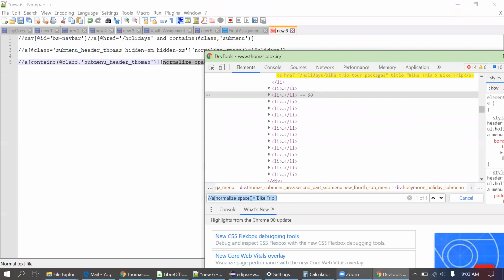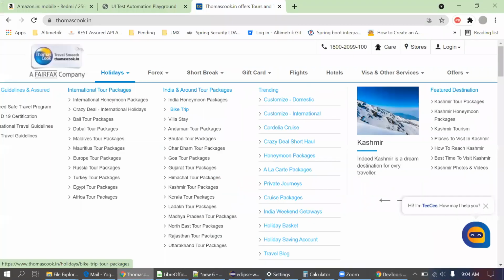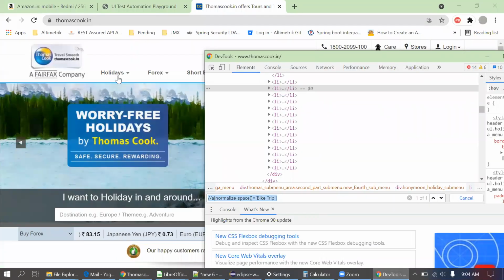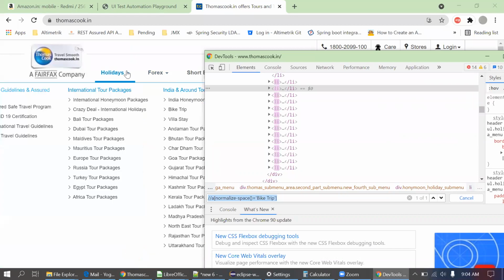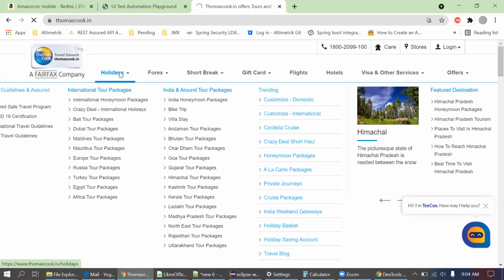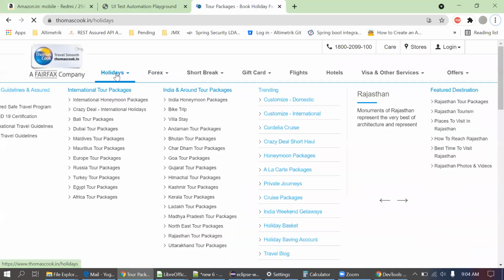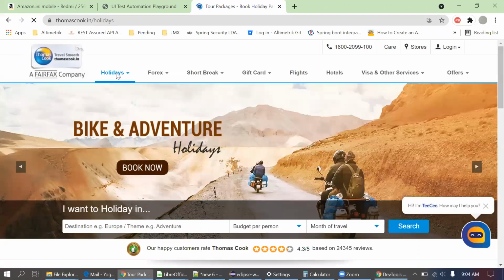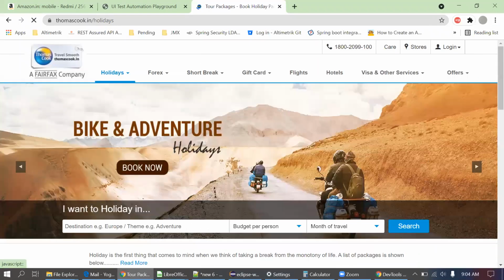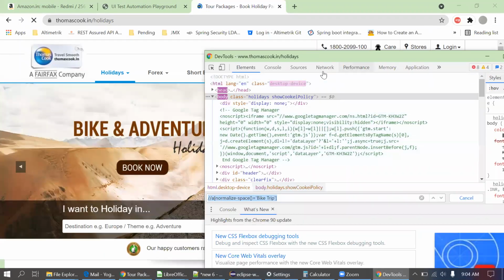Okay, and let me check if it is pointing to the right web UI or not. Let's run again. It's very difficult to. Okay, so I'll open this in the same window, then it will work.